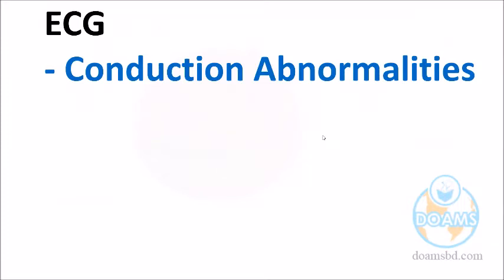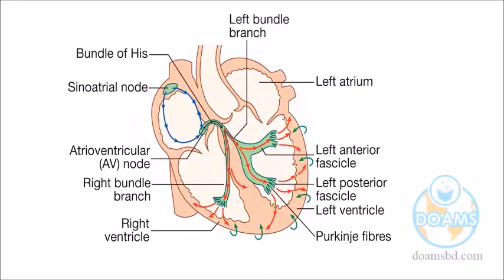Usually conduction problem means slowness of the conduction. That means the conducting system of the heart. Before going to this topic, just look at the anatomy and the conducting system of the heart here. You just have a look. This is the SA node. This is the internodal connections pathways. There are some names as well, and it is the AV node, and from the AV node, the bundle of His,